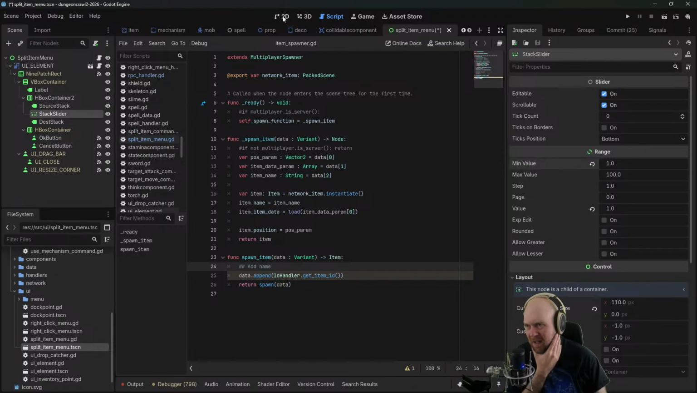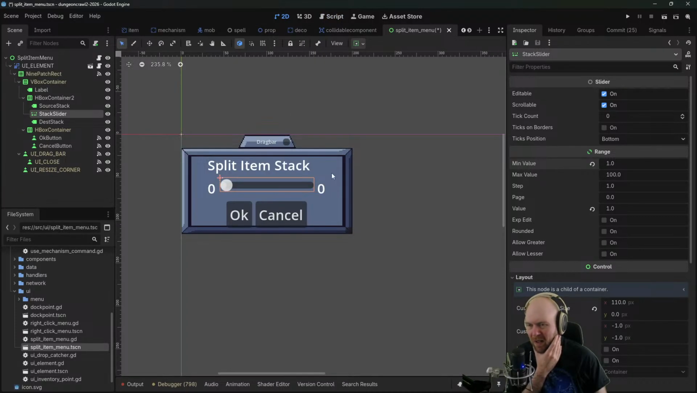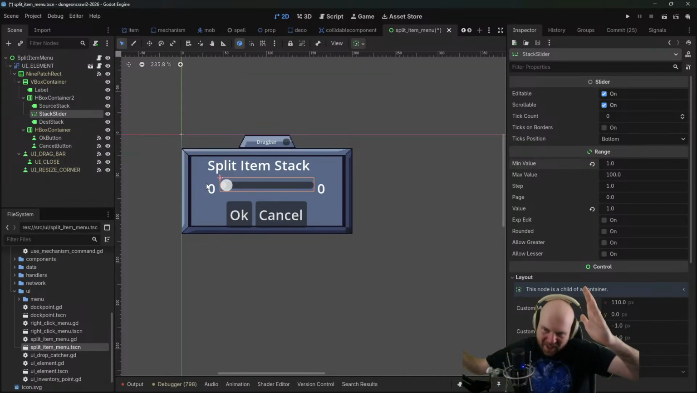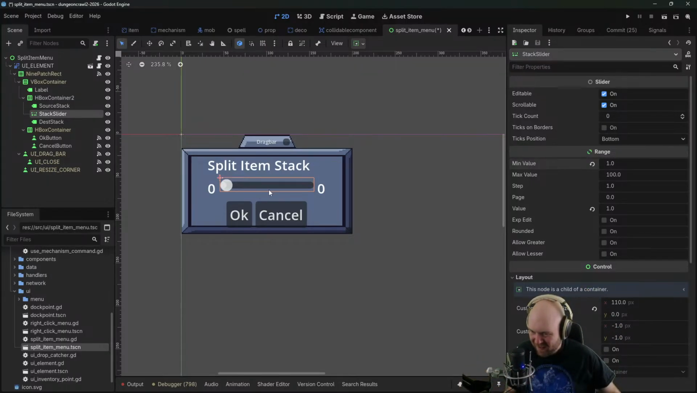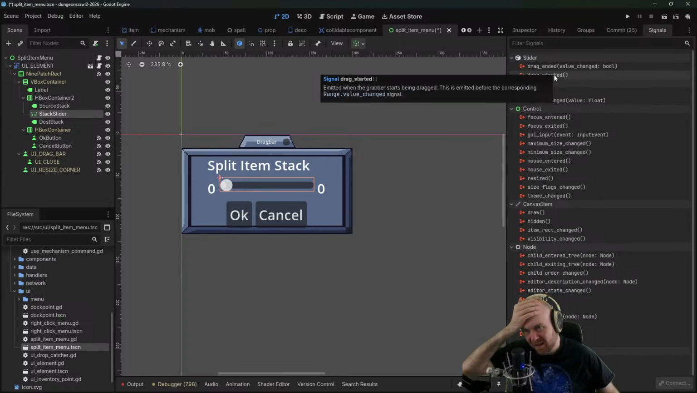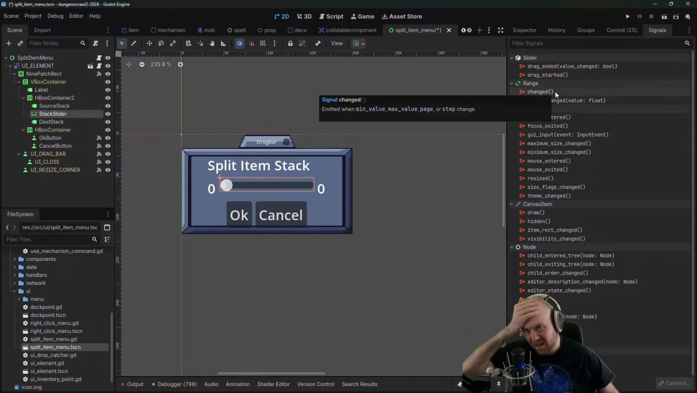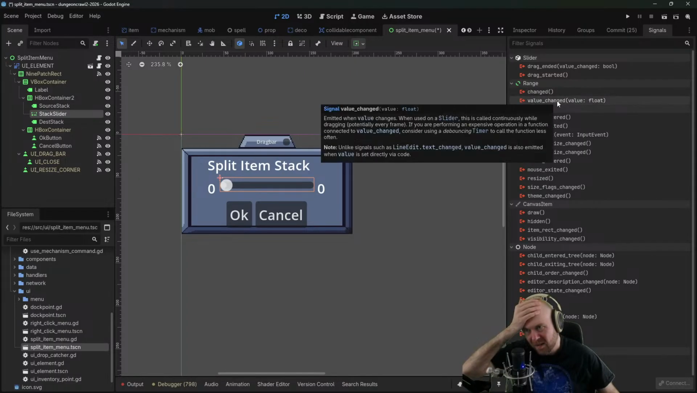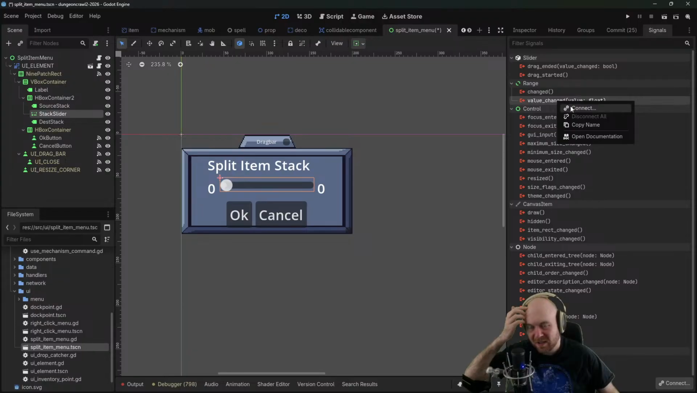Oh, I'm not done. I forgot. These numbers need to be updated. So, this first number should be stack limit minus the value of this. And then the second number should be whatever the value of this is. So we need to connect a signal. And then whenever the value changes,